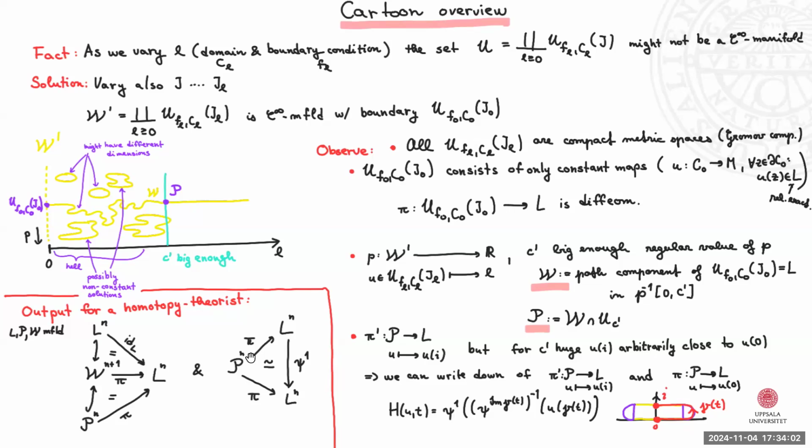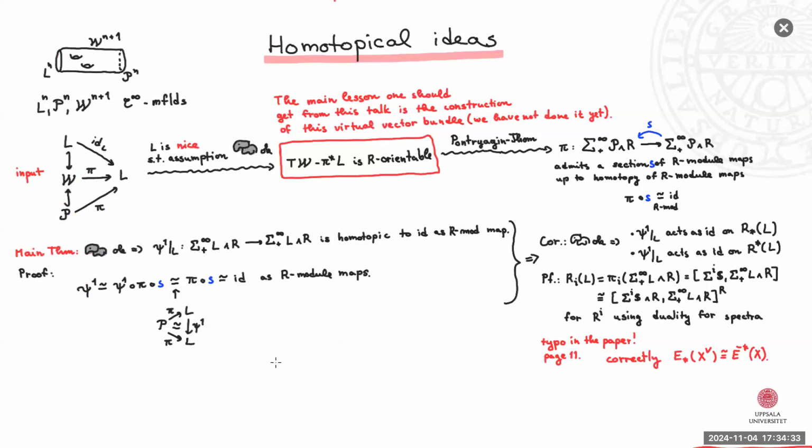And you know, moreover, that this thing commutes up to homotopy, where this is the homotopy thingy. Okay? If you would like to substitute here pi for pi prime, you would get a strictly commutative diagram. Okay, so these two diagrams are the thing that we will care about now, because we are homotopy theorists now. So what are the ideas?